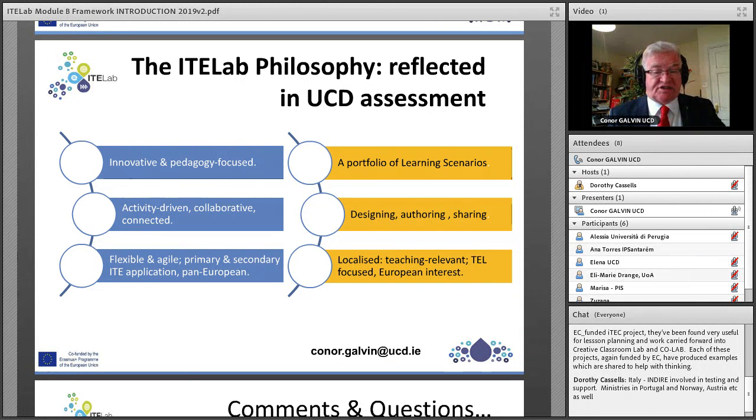The idea of being activity driven, collaborative, and connected. We're going to push the idea of designing, authoring, and sharing at the local level at the very least. So each UCD student will be involved in designing, authoring, and sharing resources among the rest of the group in the UCD setting. Some of that will make its way up into the Learning Hub, the Student Learning Hub, and